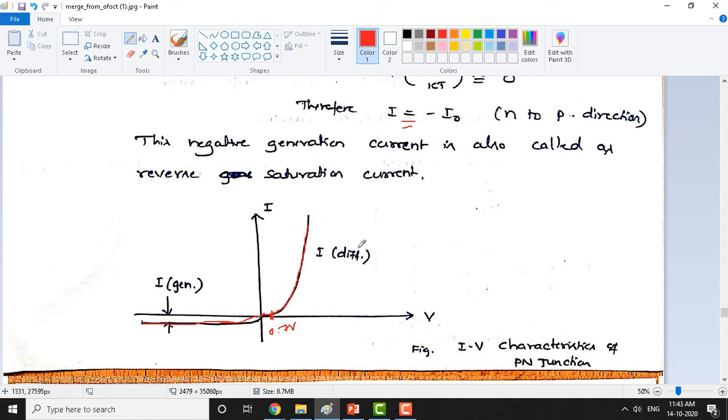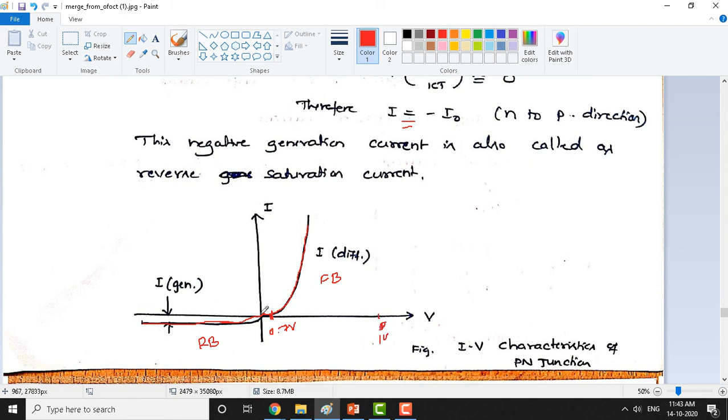This is called the current voltage characteristics of a PN junction. From this we can easily understand how exactly the current flows in the PN junction under forward bias condition. The first quadrant is forward bias condition. The second quadrant is reverse bias condition. The magnitude here may not be the same. We go here with increments of 0.1, 0.2, say up to 5 volts. That may be too huge a value. You can also go up to 1 volt, which is better than taking readings up to 5 volts.